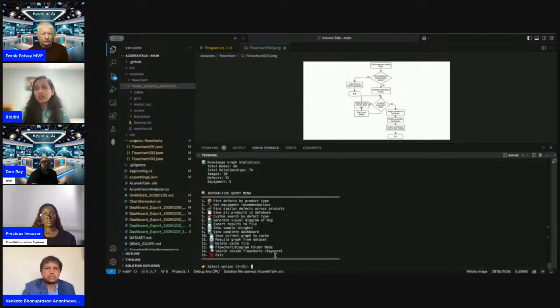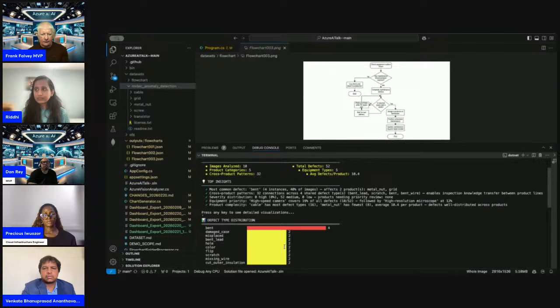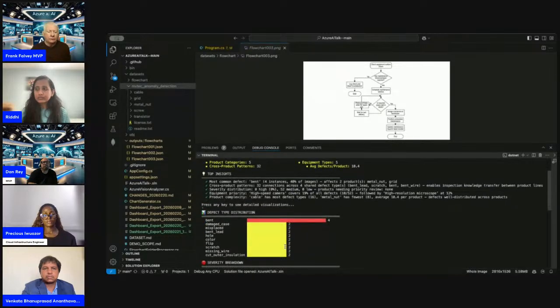And one of the things that I find very valuable is number 9, which is give me the complete dashboard understanding. So as per the data set, I get the insight: what is the most common defect, cross-product patterns, the severity, the equipment priority, and the product complexity.